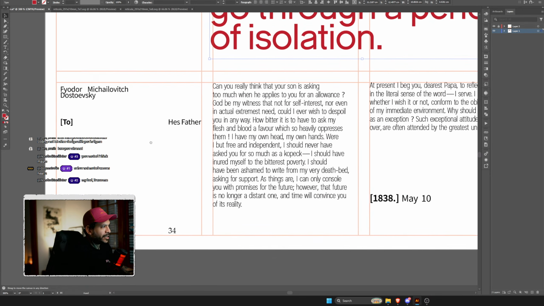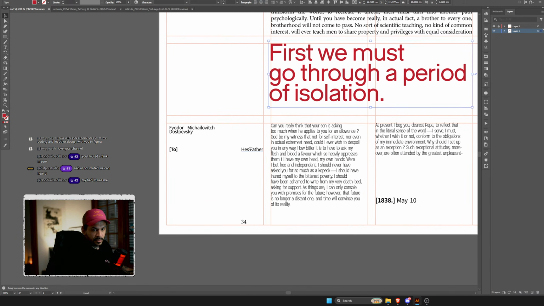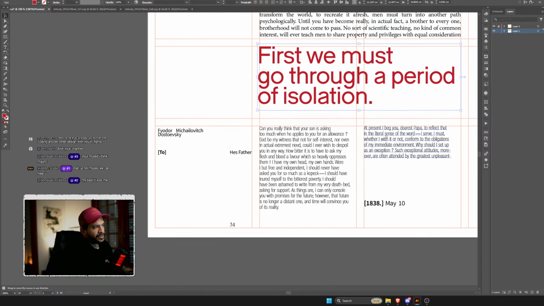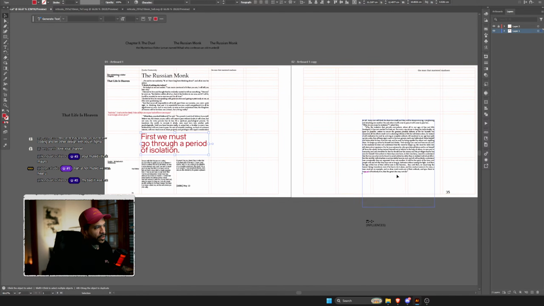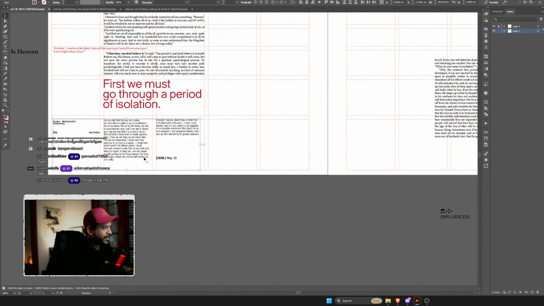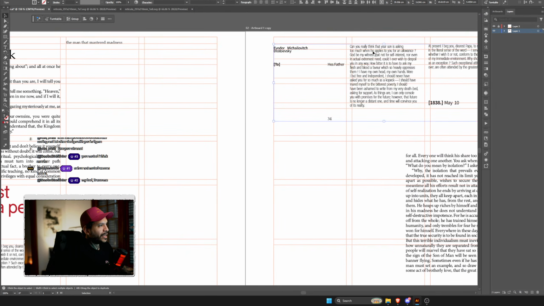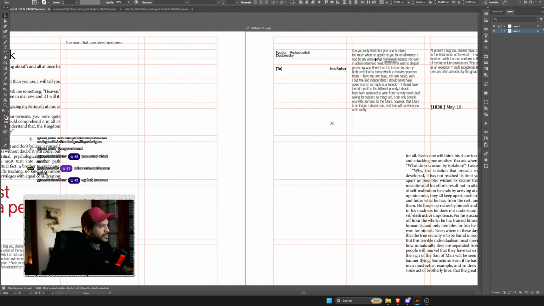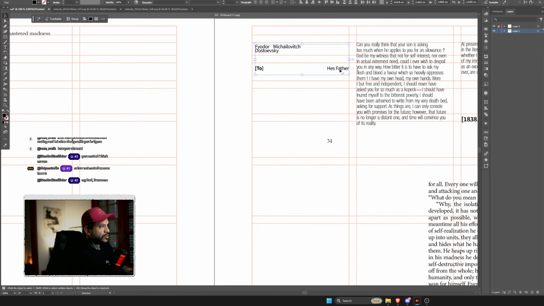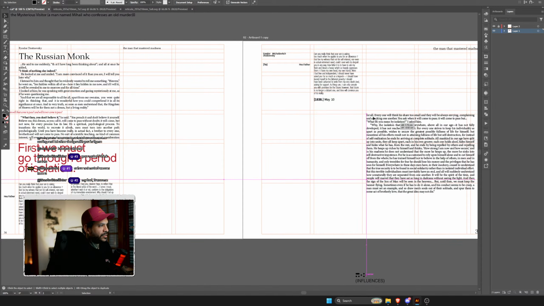Here I have some letters from Dostoevsky's brother to his father, right? And maybe the letters will always sit at the bottom of my compositions. Or maybe if I want to do a page full of letters, I can start to do something that looks more like this, maybe, right? So maybe this is a collection of letters, and they start to sit more like this, you know what I mean?